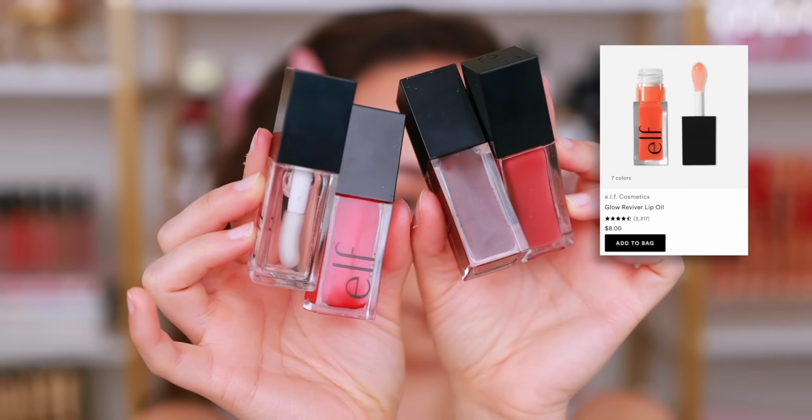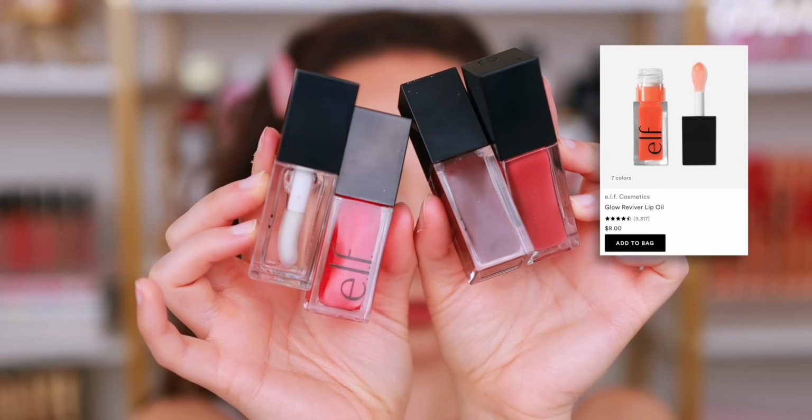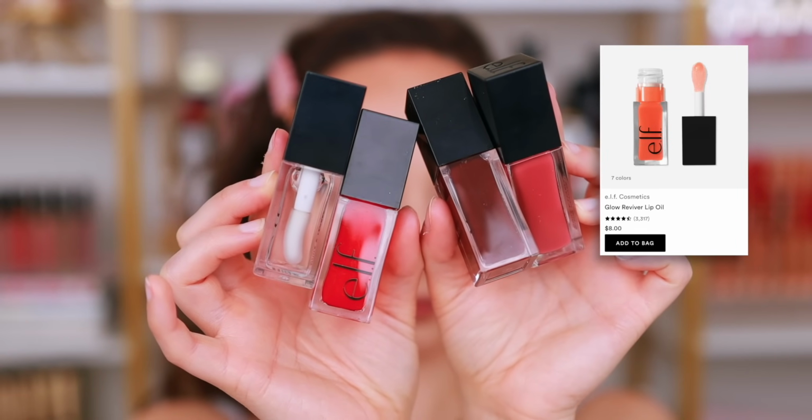And the best-selling gloss and oil was the e.l.f. Glow Reviver lip oils. This was #1 at Ulta and Target. I'm gonna use the shade Red Delicious. And these are nice. Like, people are saying this is a dupe of Dior. To me, it's not, but it is a really good lip oil and it's affordable. So I can see why these are the bestseller. They're nice and comfortable. These are a good pickup from the drugstore and they're glowy. So these are really great. They're not my all-time favorite lip oil, but